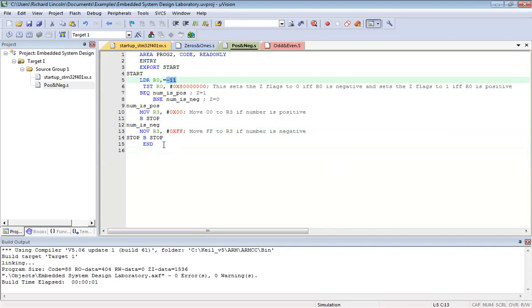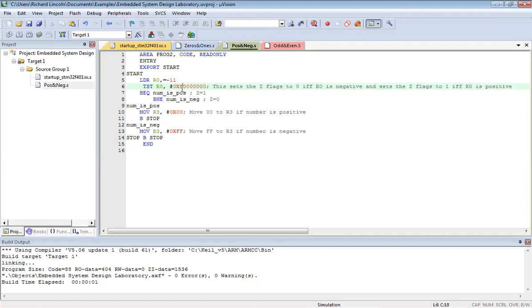I'm purposefully loading a negative number, and I am doing a TST operation with R0. And see the beauty of this number. I have 1 2 3 4 5 6 7 8, 8 digits here. As you all know, 4 bits are needed for representing each digit, so 4 into 8 is 32. When I put this as 8, it means it is going to be 1 0 0 0 1. Only B31 will be high and the rest will all go 0.